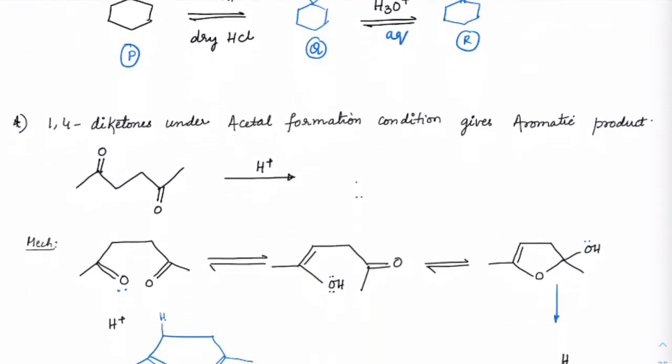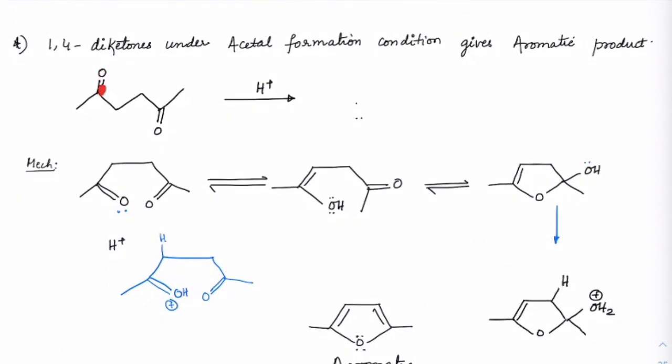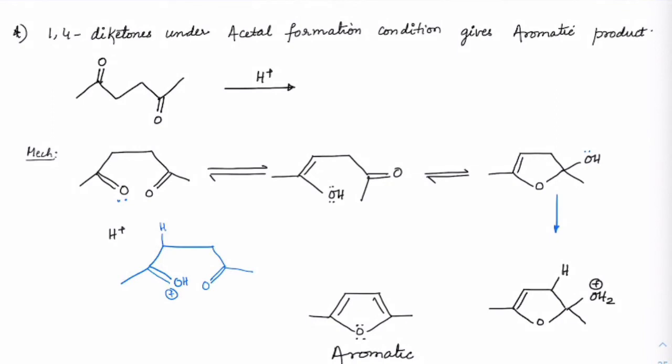Now suppose the same thing we have with diketones. So there are two ketones here, right? And if this has to go through acetal formation, this time the acetal formation is not through alcohols. Got it? So within the molecule itself, there will be a part which will act like an alcohol, and that itself will form the acetal. Got it? This is a special case here, so we will check out how the product and reaction are happening. The product which you will get will have an aromatic ring here. So this is the product you will get. Let us see how it is happening.